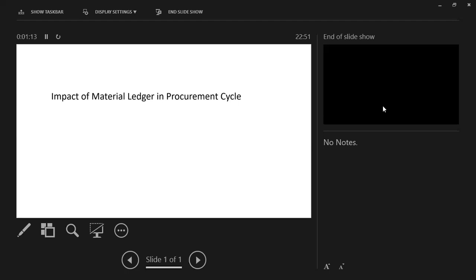Although from the material ledger point of view, a lot of other cycles are available, like production difference and goods issue difference, in this scenario I'm going to explain the procurement difference, because exactly this question was asked in the interview. So let's take one example so that we will see it in detail. For this demonstration purpose, I have created one material master in the S4 system, and that same material I'm going to procure here. And my local currency,